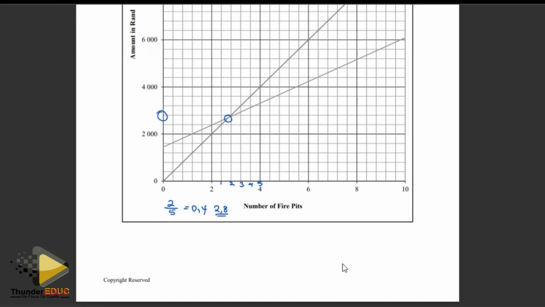Then this other value here is going to be 1, 2, 3, 4, 5. So here the difference is 2,000. 2,000 divided by 5, you end up having 400. So each line represents 400. So here, I don't know which value it is. Should we say 2.8? So the break-even values would be 2.8